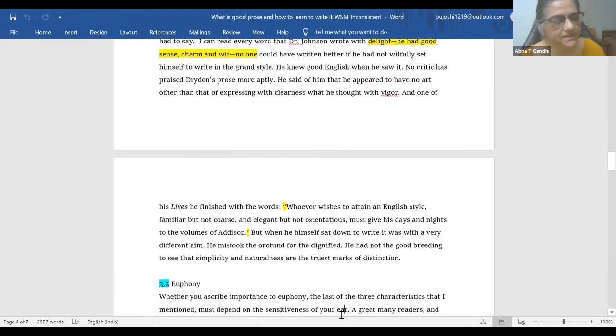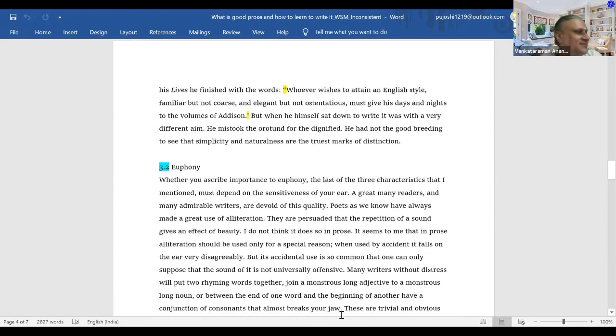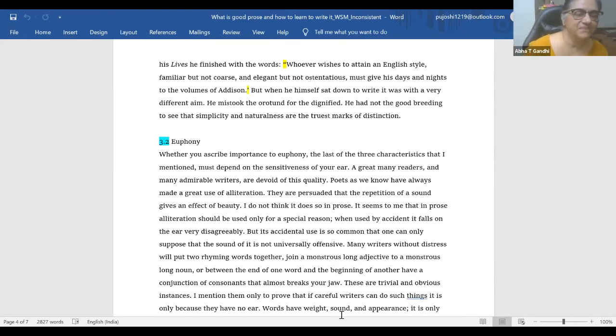Can you hear me? This is Abha speaking. Yeah, loud and clear. This writing by Maugham is actually something that editors would benefit by, especially the fiction editors, because this piece is pointing out how much effort is really required.